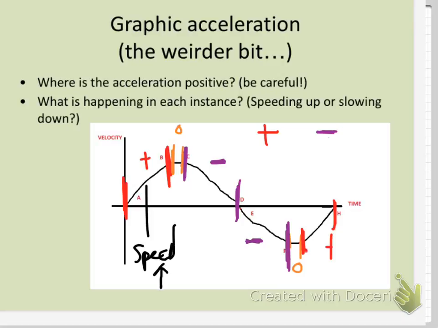Speed up. Here, in this interval, is the magnitude of the velocity increasing or decreasing? Decreasing. We're slowing down. Speed down. In this interval right here, is the magnitude of the velocity increasing or decreasing? Increasing. Why? Oh, we're going in reverse. You're going backwards of your origin point. Yeah, it's positional. It depends on position.